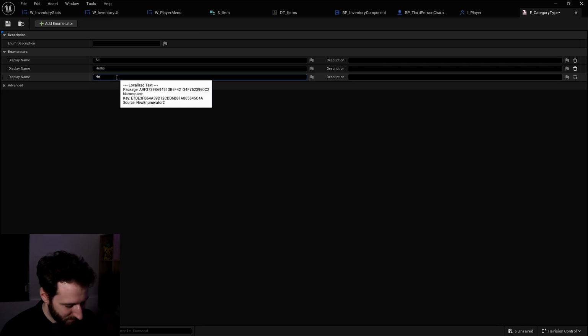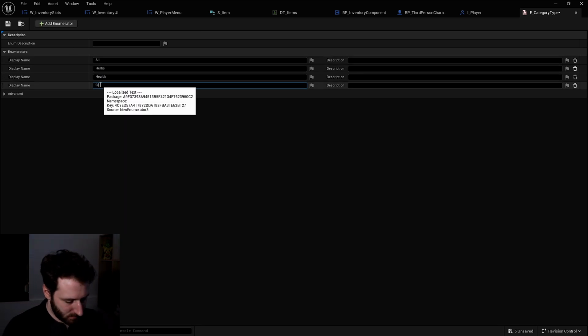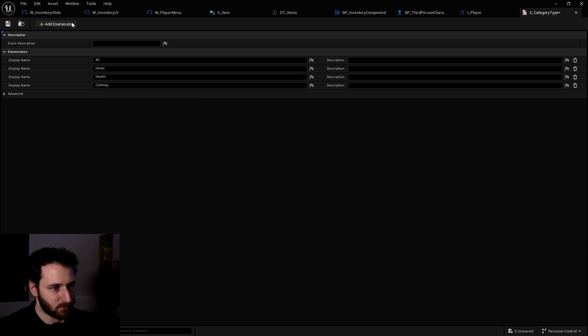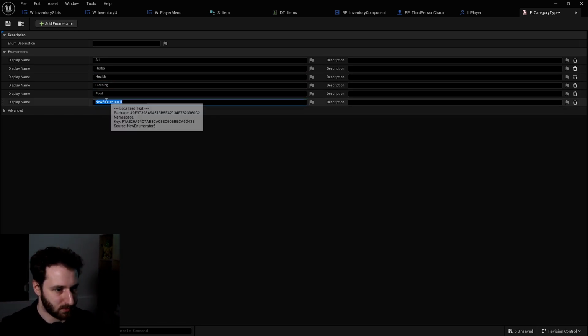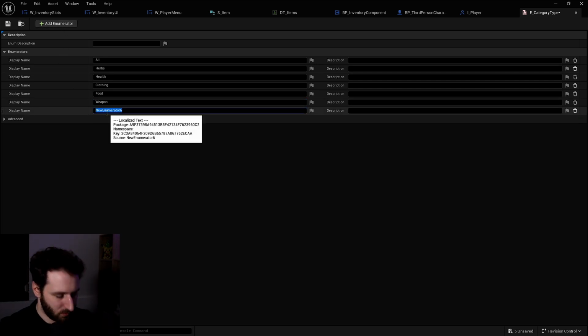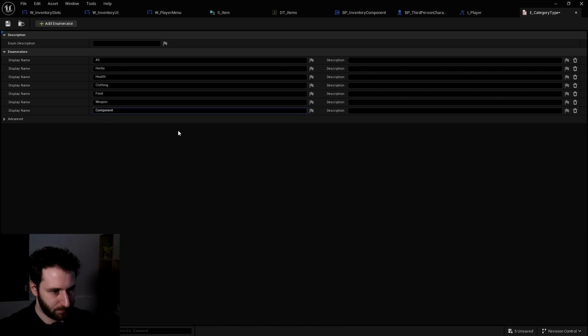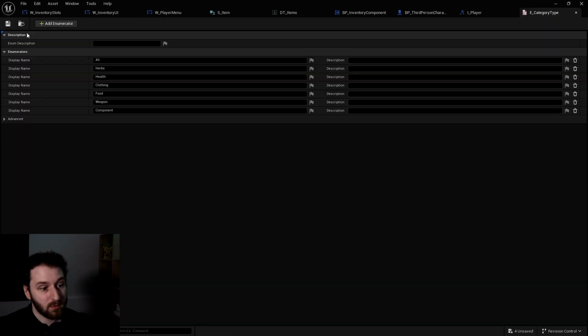Let's remember that. Health, clothing, food. Then there will be weapon. And last one is the component. Oops, component. Let's check. Food, weapon, component. Okay, that's perfect. Now we can use this category.